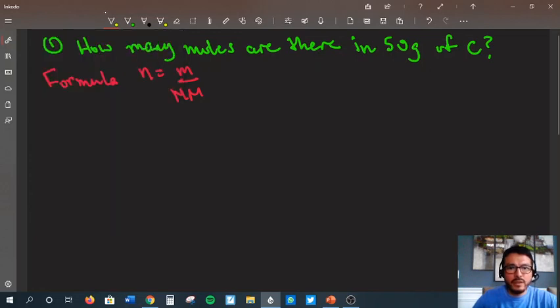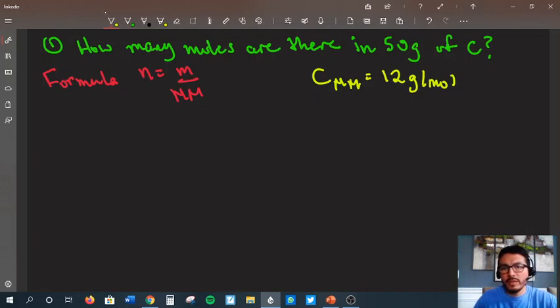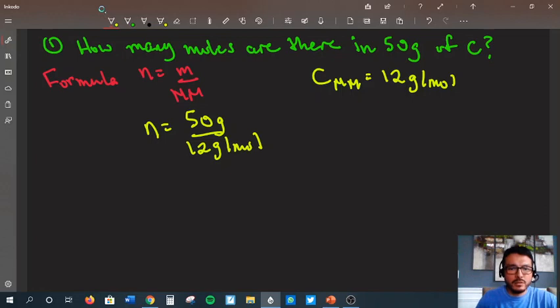So we need to figure out moles. We're given mass. What we're not given, and you have to just use your periodic table, is the molar mass of carbon, which is 12 grams per mole. Keep your units, very important. So now we have moles are equal to 50 grams divided by 12 grams per mole. Notice grams cancels out, grams cancels out, and we're left with,